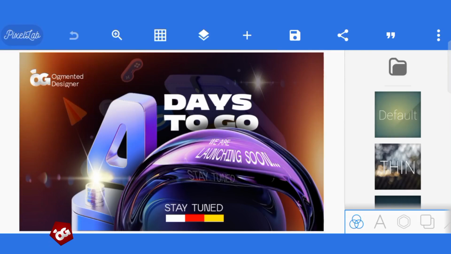In today's tutorial, I'm going to be showing you how to design this Web3 flyer using